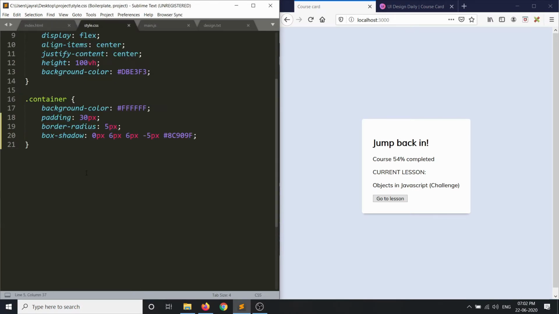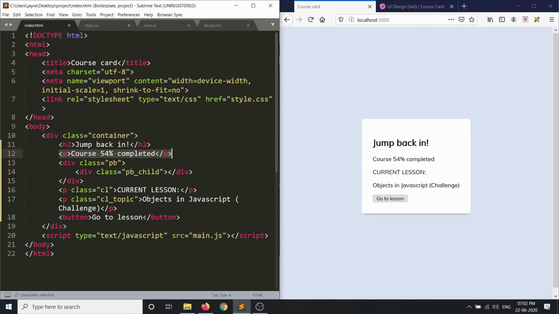So let's use some CSS selectors which are quite different than the usual ones. To select any adjacent element, we can use a sibling selector. So for that we'll just do h2 + p. What this means is style the p tag which is next to the h2 tag, which would be this line, right?